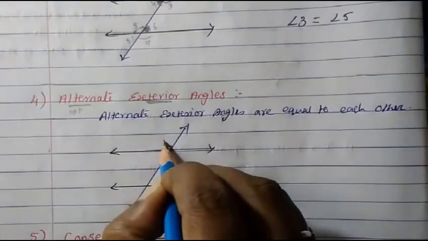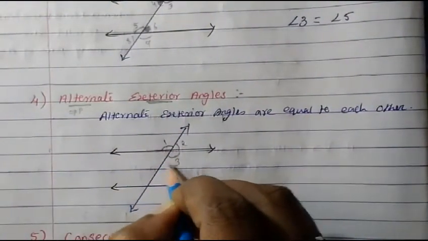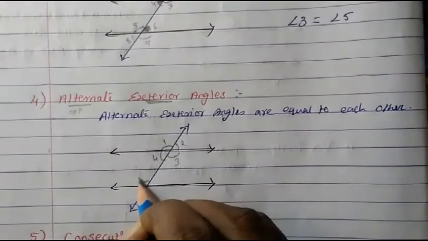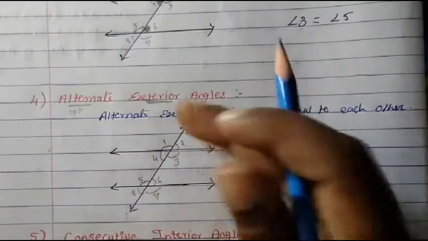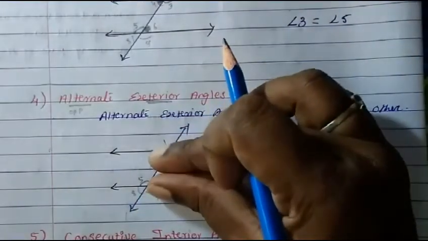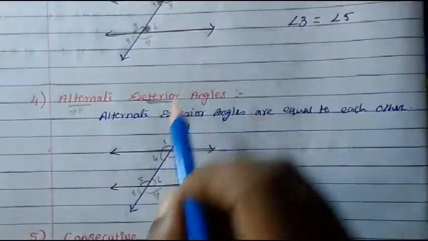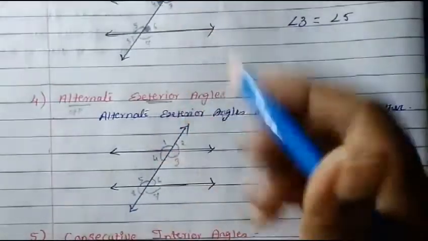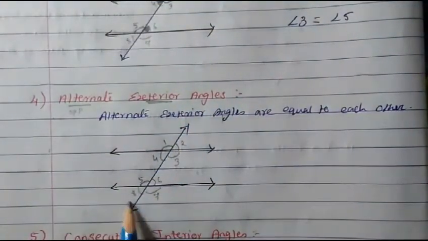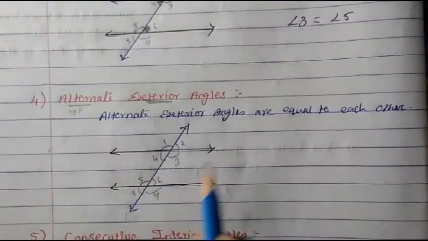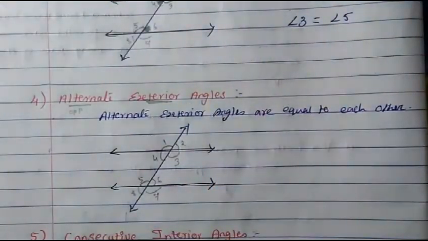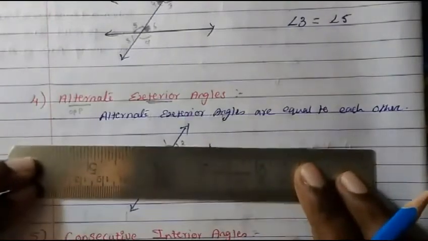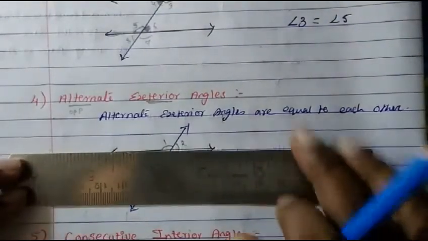So that means, let me name it 5, 6, 7, 8. Outside now. So this is 4, 3, 5, 6 inside. But we have to see the exterior angles outside. So outside is 1 and 2, and here 8 and 7 are outside. So then the opposite of that. Now you forget about the inside ones. I am just hiding the inside ones for your sake.